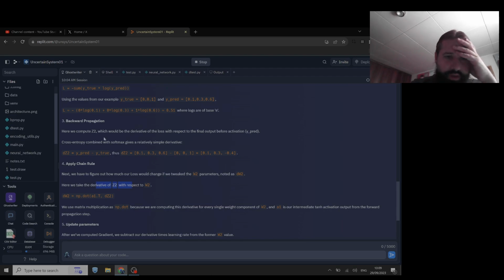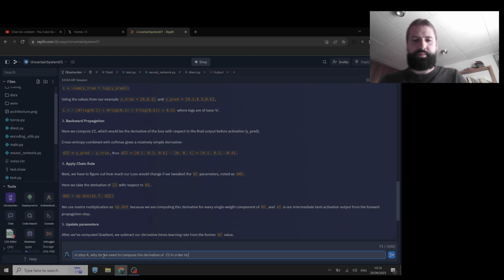Compute Z2, which could be the derivative of the loss with respect to the final output. You know why? Okay, so in step 4, why do we need to compute the derivative of Z2 in order to obtain dW2? Like,